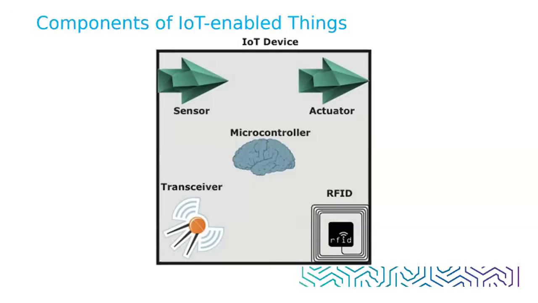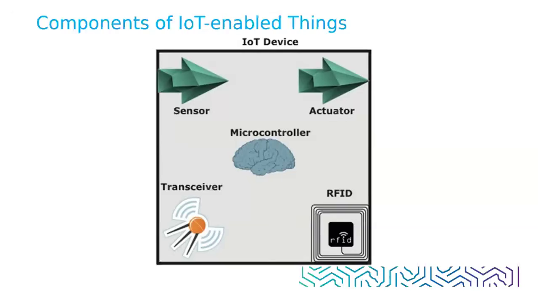After that, we have the transceiver. A transceiver is a communication component that both transmits and receives data. So the IoT devices communicate using this component, the transceiver. The common wireless technologies used are Wi-Fi and Zigbee. The transceiver allows the device to exchange information with other IoT devices, with cloud systems, with